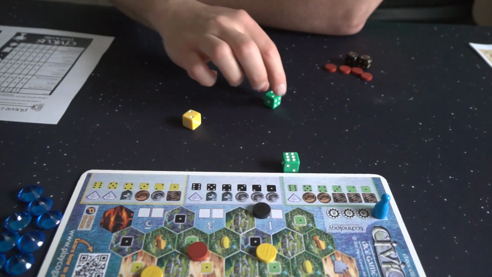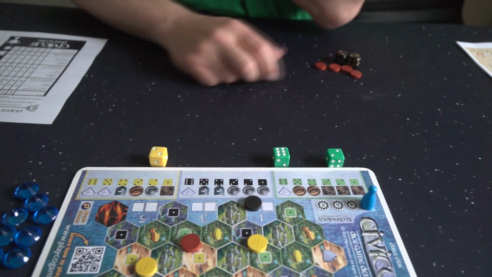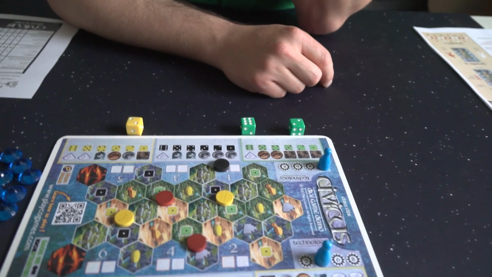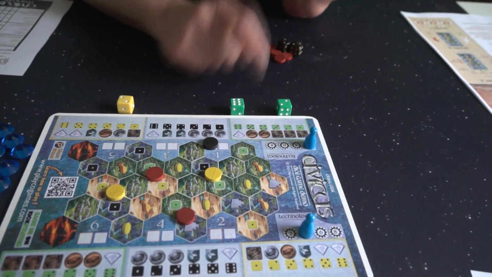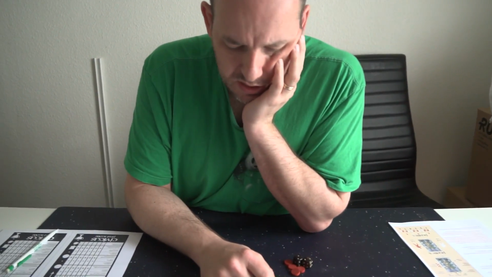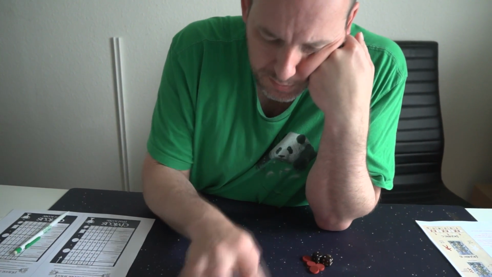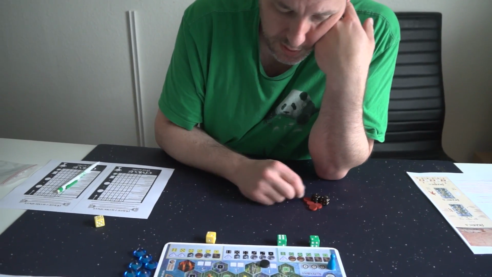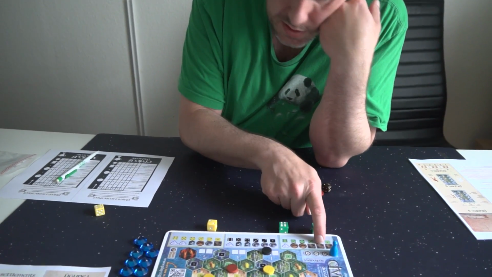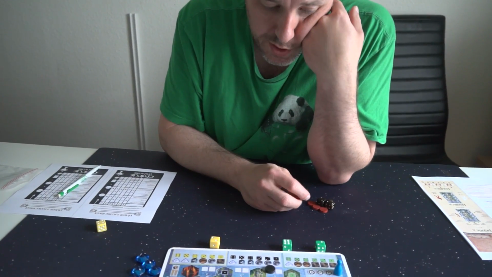That's a wild card, a wood, and a stone. Now, these wild cards, they give me a choice. I can either use them as any resource, and in this case, it means I could upgrade one of my camps to a village, or I could use it along with this wood and place another camp on the board,